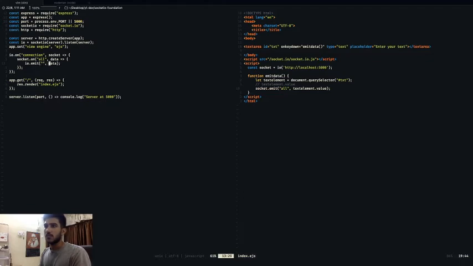So maybe we can have catch all, because it's sending this to everyone, and here every client needs to know that the server is sending something. So we will catch that with socket.on. As I said in the previous video, on is used to wait for something. So here it is currently waiting for some data to be caught. So we need catch all as ID, and in comes some data. On data, for now let's just console.log it, and let's see if this works or not.